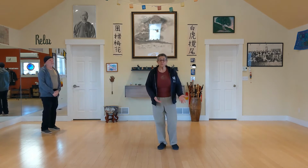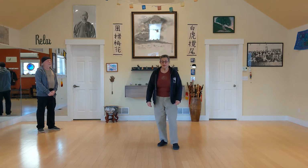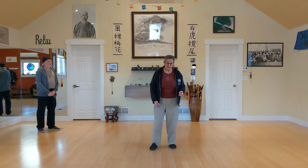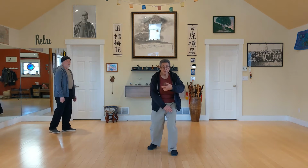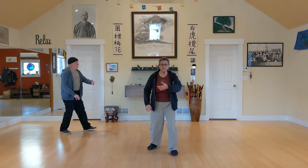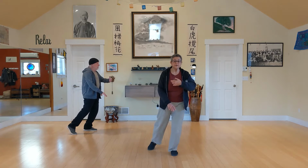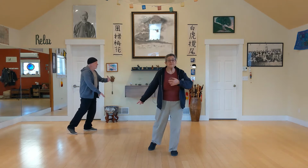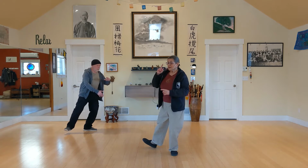So we have to get all the weight into one leg in order to take a step in the next direction so that we can move on. But when we do that, there's the possibility of thinking of it as this kind of an action. I'll just do it from Wardoff Left. That to get into the front leg fully, the thought is, well, I must have to go all the way forward to do that, and then I'm actually quite far away from where I want to step. And so then I'm somewhere far, and the